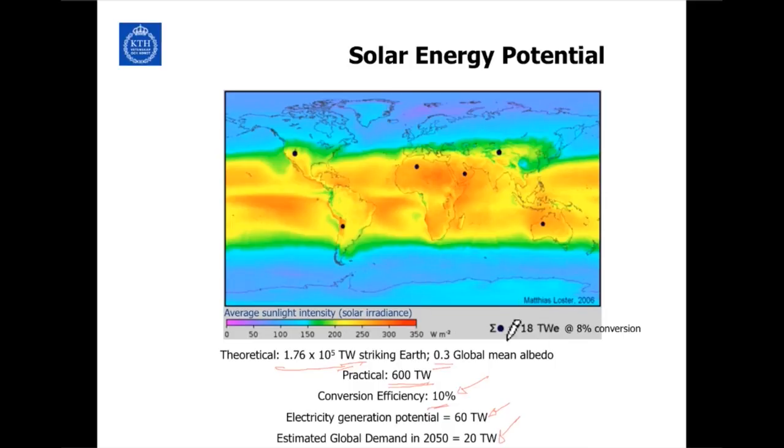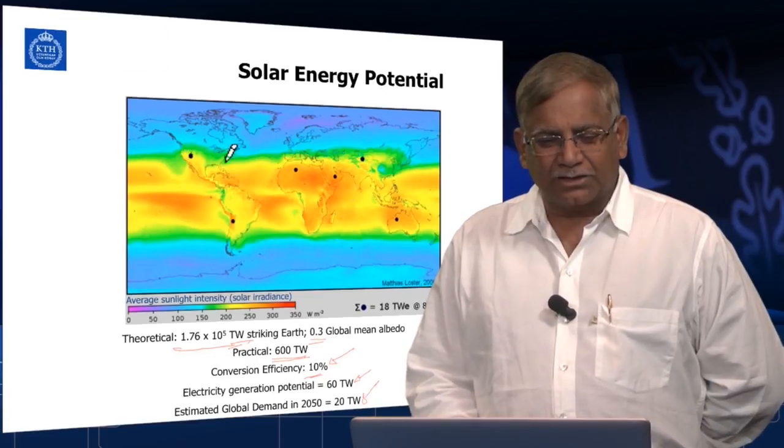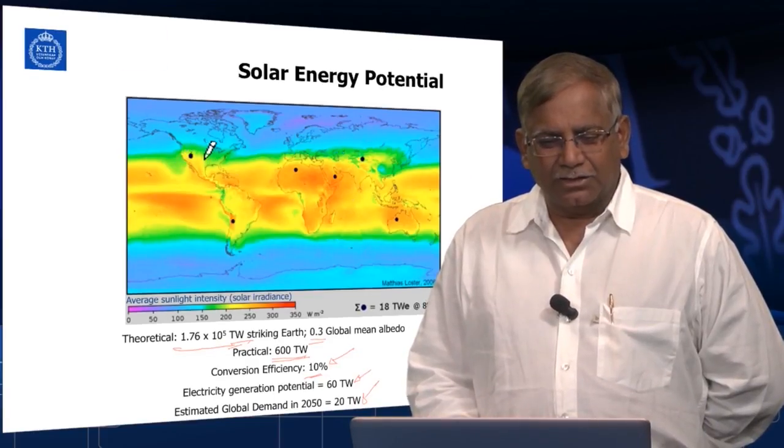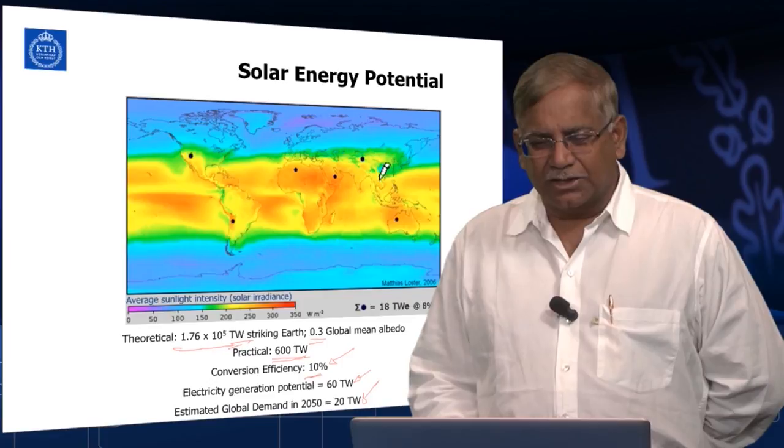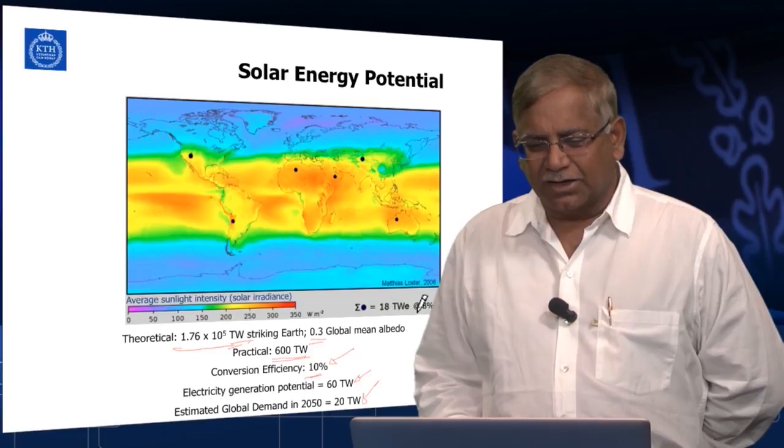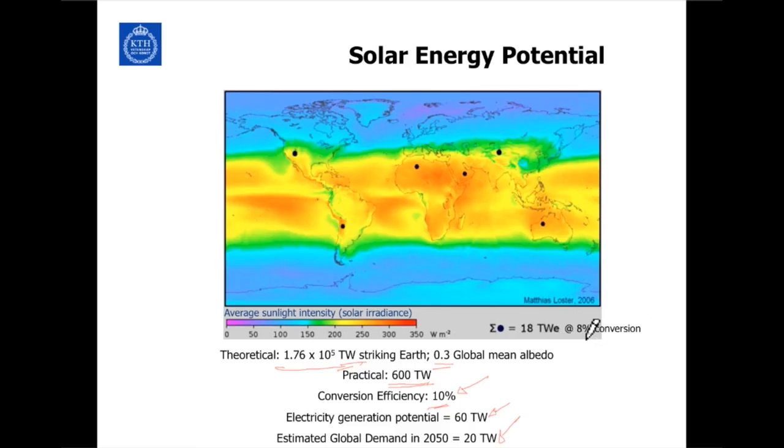And here there is an estimate. These dots which are shown here are the area needed to supply the electricity for that particular region, in this case North America, the Middle East, Asia and so on. Each of these dots represents about 18 terawatts at 8% conversion. And the solar irradiance is given in the color chart here, and you can see near the equator, for example, you have tremendous irradiance, and as you go to the north and the south poles, average sunlight goes